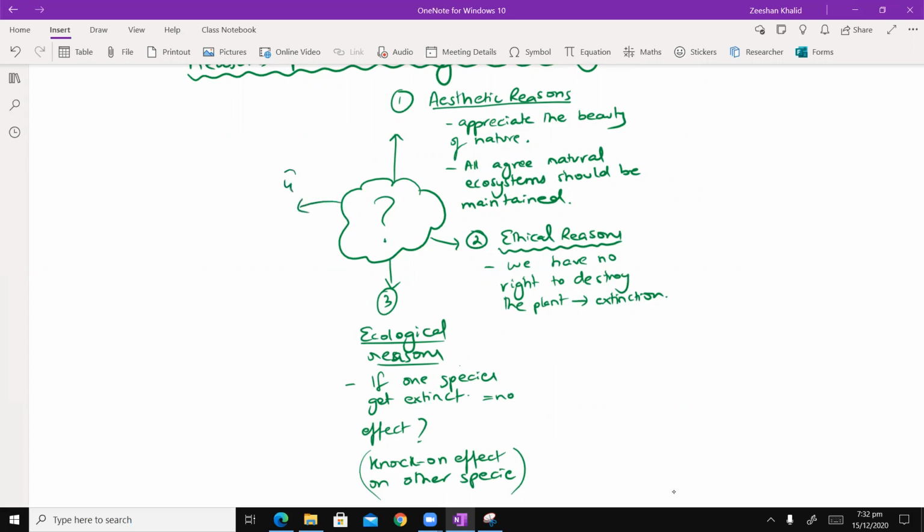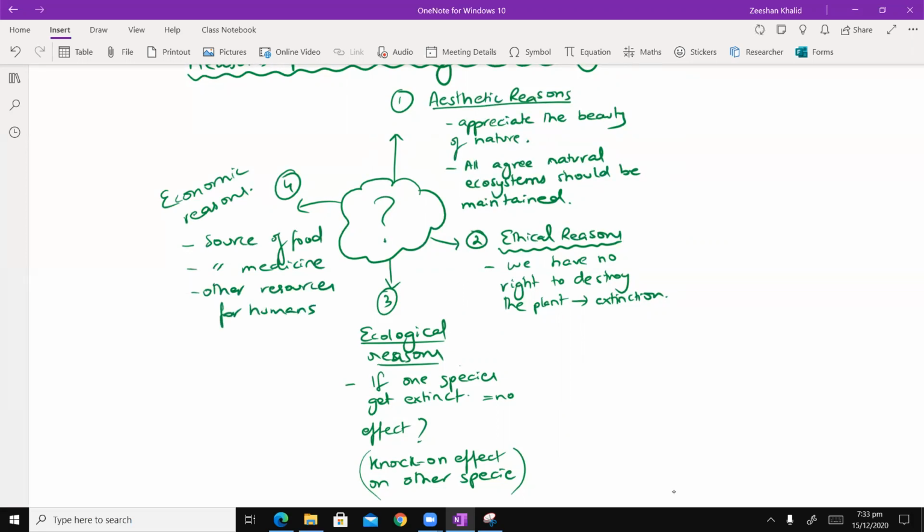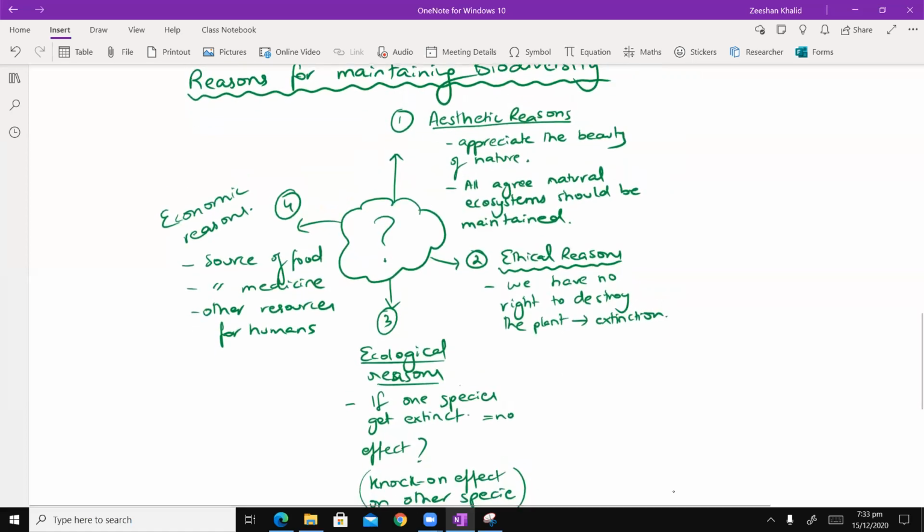And the fourth reason and line of argument for maintaining biodiversity, or why does biodiversity matter, is economic reasons. Okay, we are greedy, let's acknowledge that. Actually, it's not about greed. The majority of living organisms become a source of food and a source of medicine, especially plant sources, and other resources for humans in different ecologies. Many of these organisms have yet to be discovered and could provide new crops and new drugs, potentially for food, medicine and other resources that may be needed at any time, for example